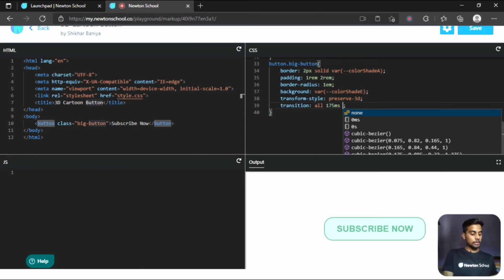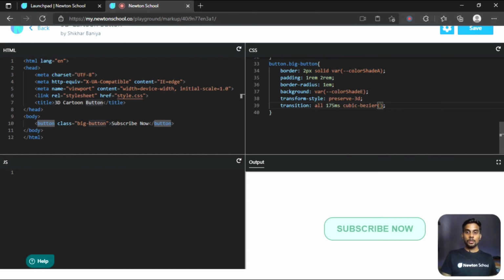In this you are going to use cubic Bezier. Cubic Bezier means you have to provide 4 values. In any coordinate system there are 4 quadrants: first quadrant, second quadrant, third quadrant and fourth quadrant. In this cubic Bezier you specify 4 points in these quadrants, and it goes from the first point, suppose P1, to the last point, P3, P4.